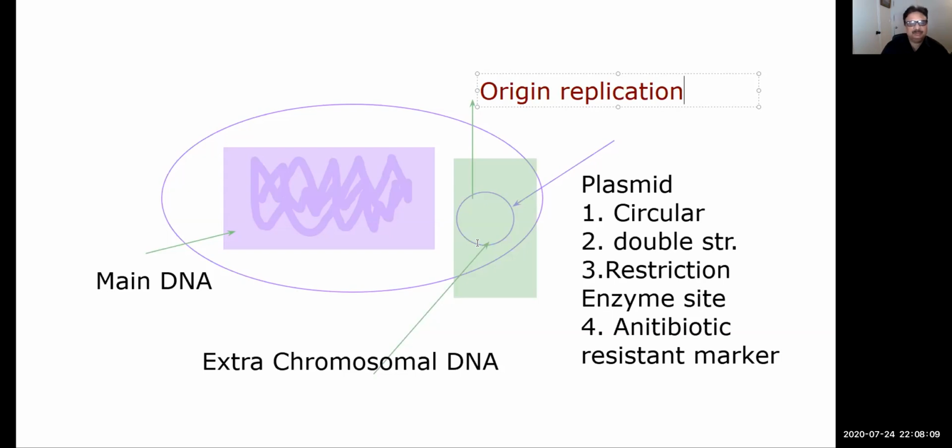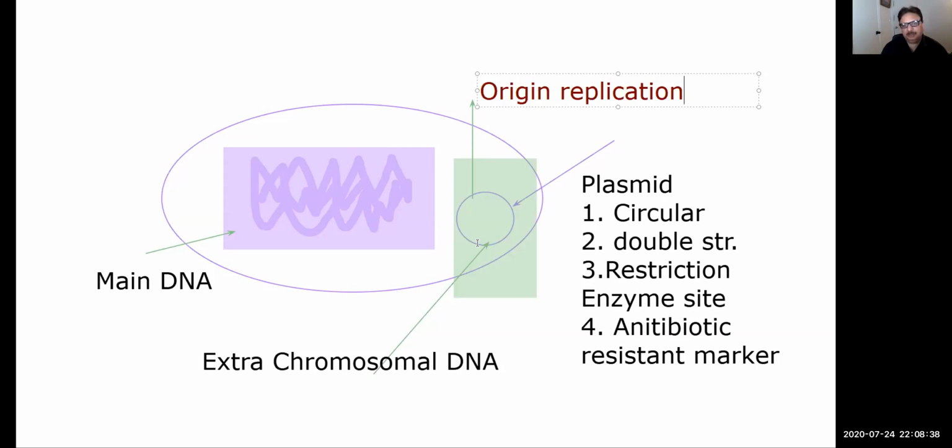So if somebody gets infected with bacteria which has a resistant gene on a plasmid that carries resistance to, let's say, amoxicillin or Augmentin or all these antibiotics, then that person will not be treated with that antibiotic. So the physician has to do an antibiotic sensitivity test. Maybe that patient will be given double antibiotics or multiple antibiotics. So antibiotic resistance